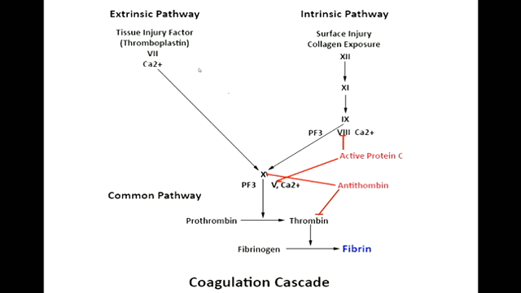So to activate the coagulation cascade, we need either tissue injury, which releases a factor called thromboplastin, or collagen exposure. Always remember that. So tissue injury, collagen exposure will activate the coagulation cascade. We've got anticoagulating factors here, which inhibit the coagulation cascade, so we may stop coagulation, but if we do form fibrin, we then hopefully will produce